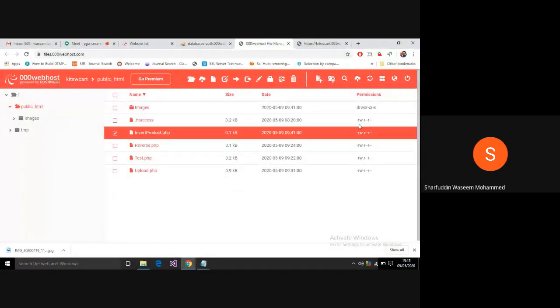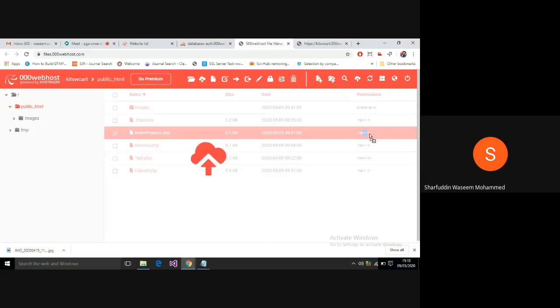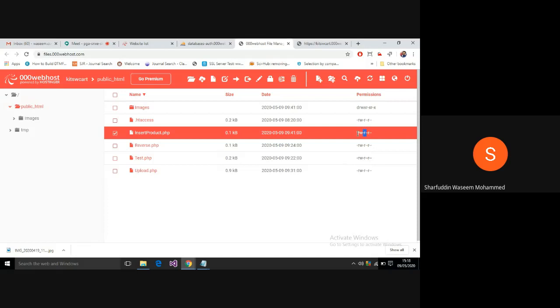So now you can see the file permissions. The users can only do these things. This is the owner, and these are the group and these are others. You know this already from your Unix, how the file permissions work. By default these are the file permissions. You can also change the file permissions and do many things with this.